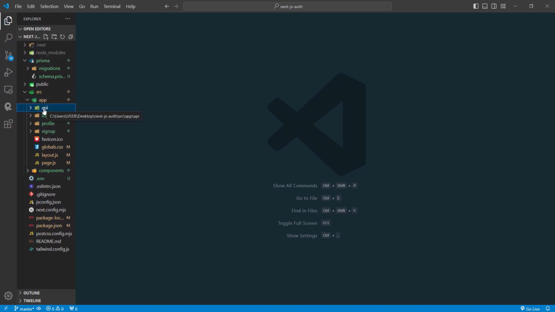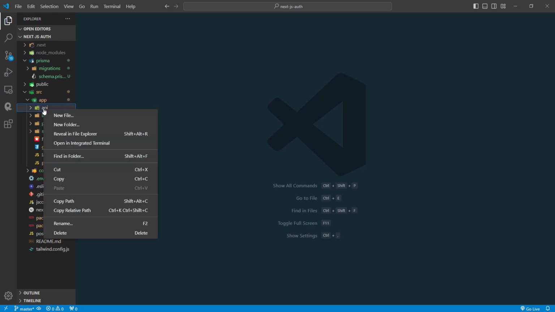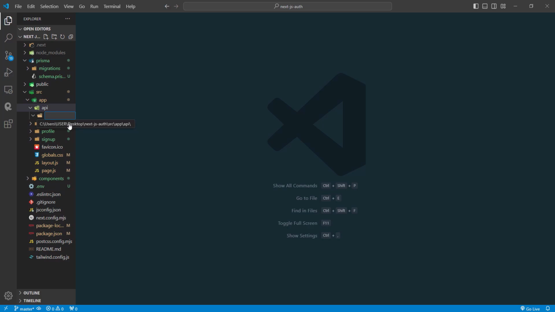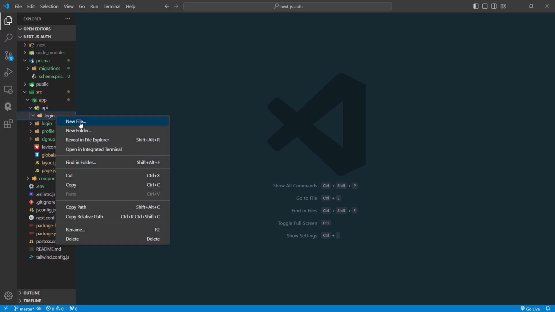And inside this api folder, each new folder will be a new API endpoint. So let's create one for login. Let's create a new folder called login, and inside this folder we need to create a file called